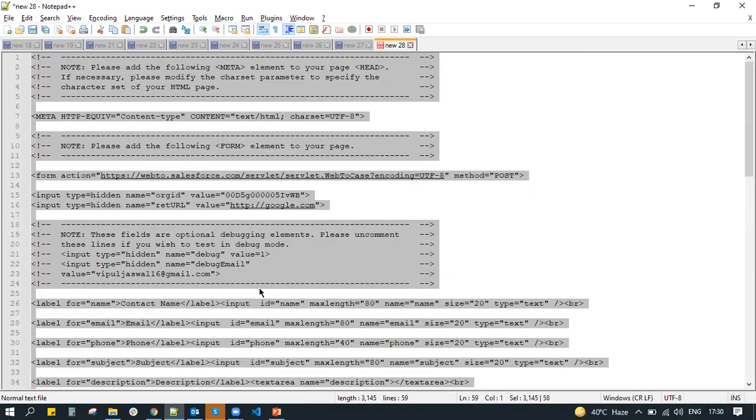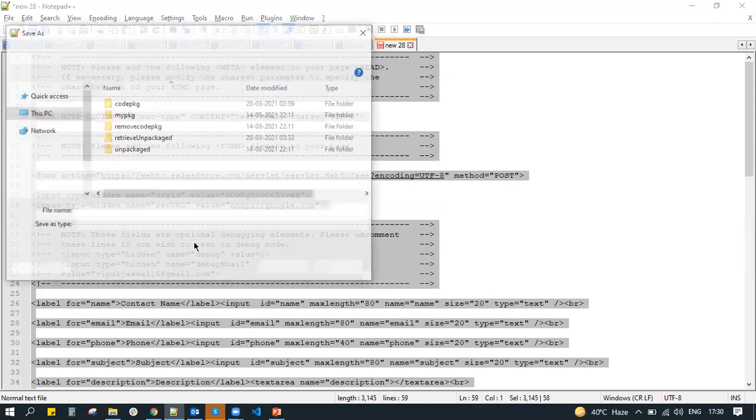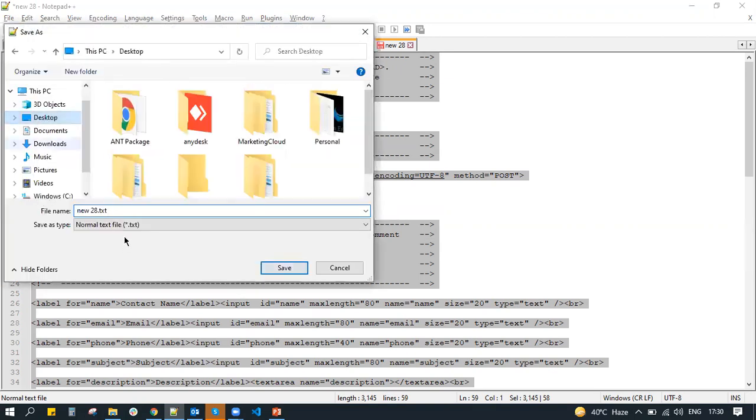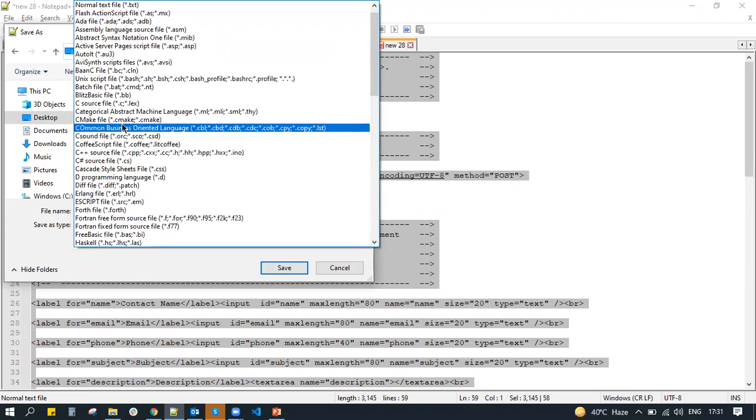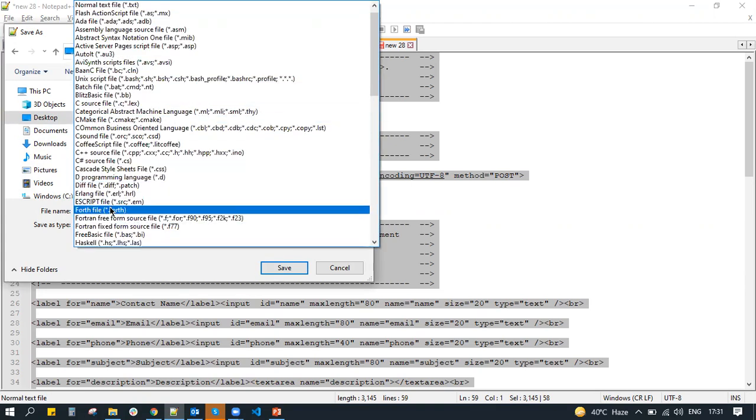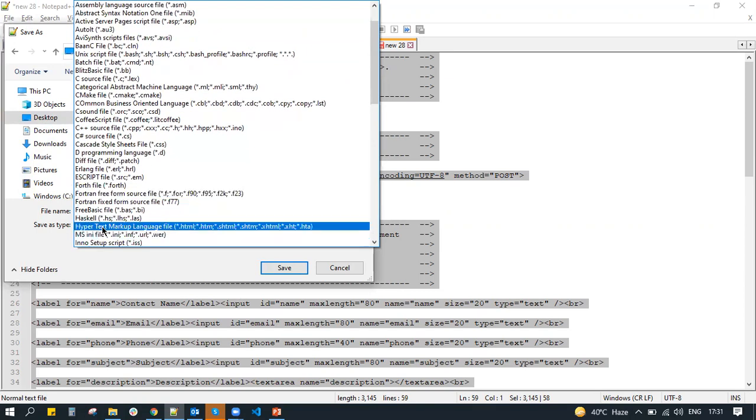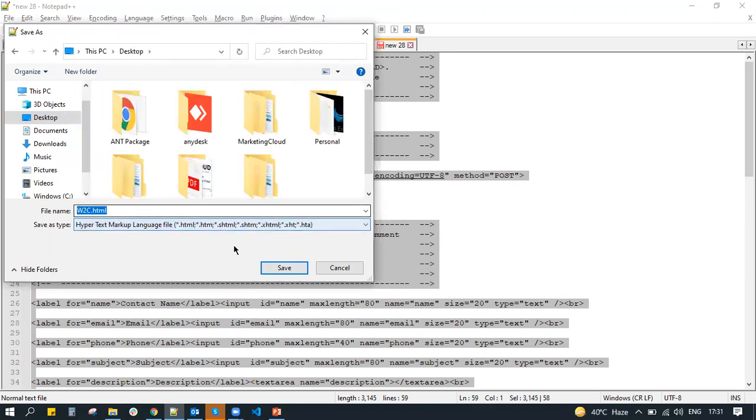But for your testing, how can you test it out? You have pasted it on Notepad. Now save it. Name it anything. In the save as type, you have to select HTML, right?